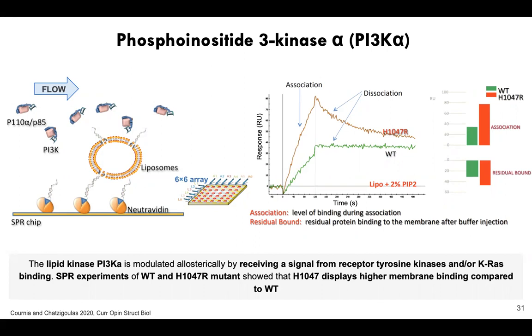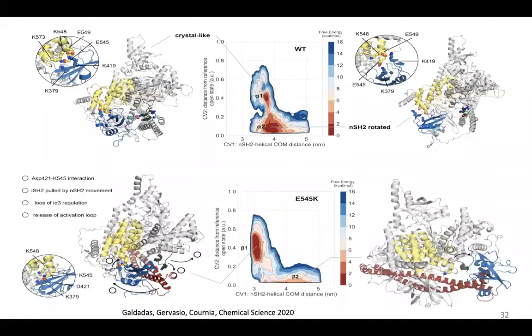And then there's other classes of mutations like the E545K, which we studied together with Francesco, and he talks about that, so I won't dwell on that. But with computer simulations together with biophysical experiments, we can facilitate a molecular level picture of the associated mechanisms of the mutation, which are allosteric, because none of these mutations to PI3K are in the active site. They're more than 20 angstroms apart from the active site. They're very far from the active site.